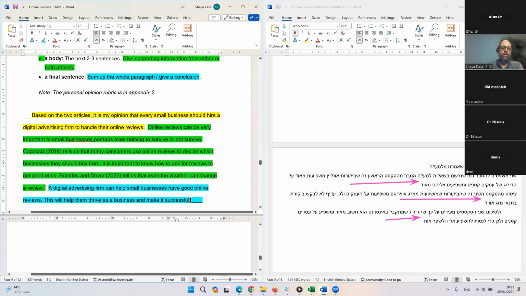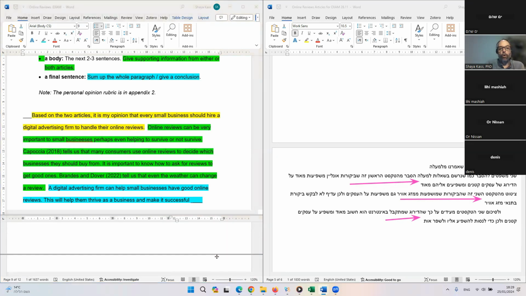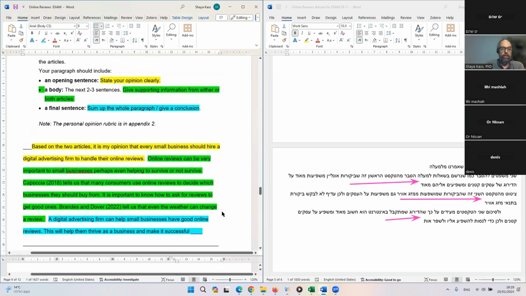Okay, obviously you do not have to put it in colors like I did here. I did that only to show you. Although if you want, if it helps you and you have the highlighters with you, go ahead, I don't care. But make sure you get all three parts. That's what we're really looking for. We're looking for good writing, and good writing always has all three parts.